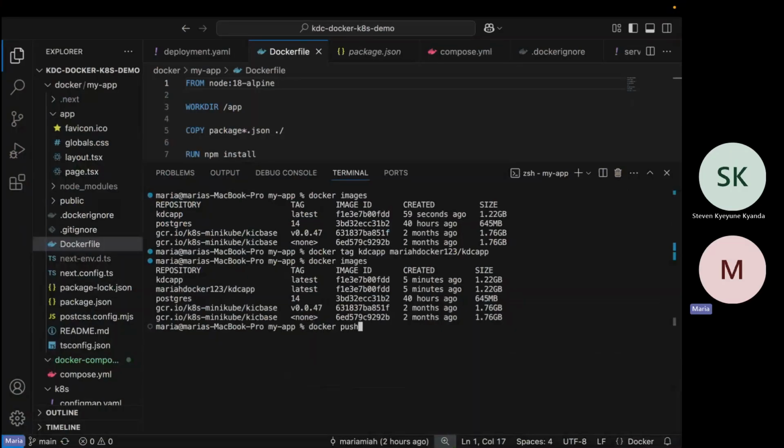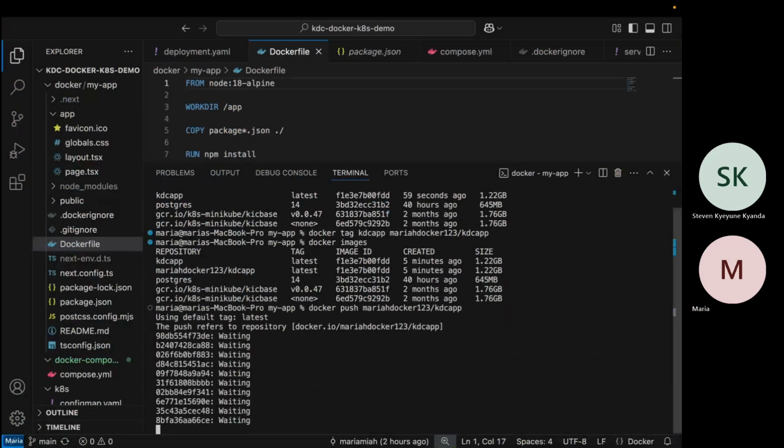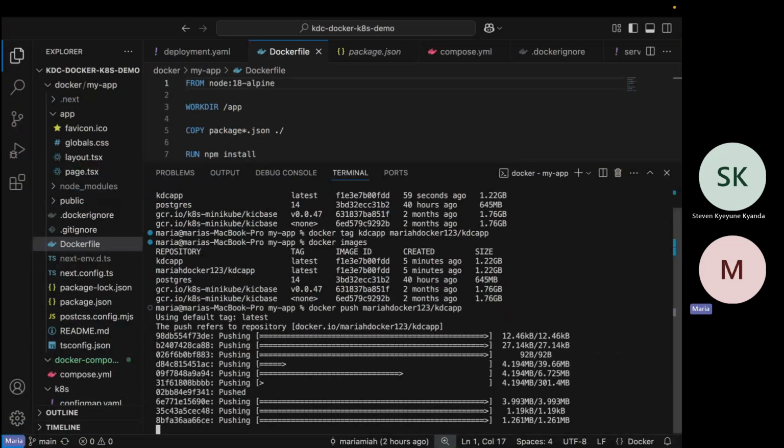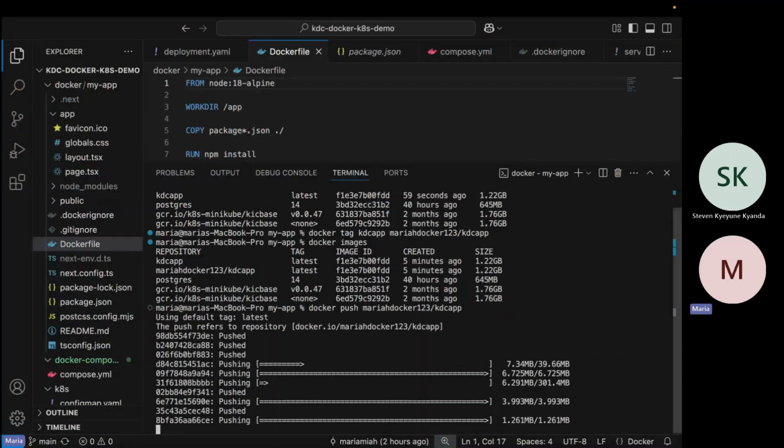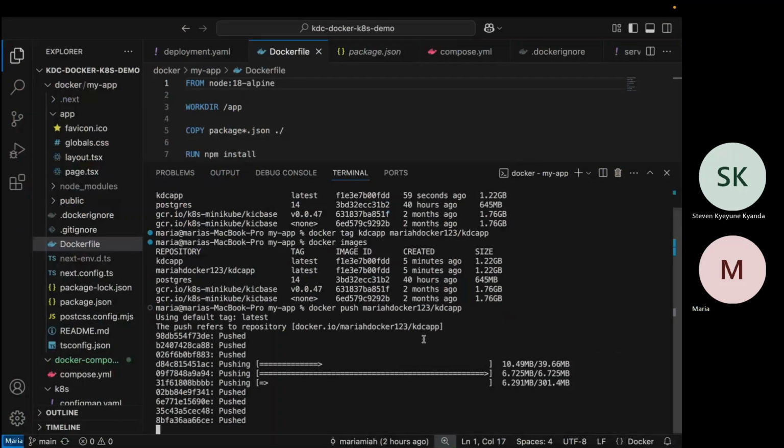So docker push, but remember you have to be authenticated via Docker login on your CLI. Docker push, then you copy the image and you push it. So when you push the image and you check Docker Hub, it should show up.